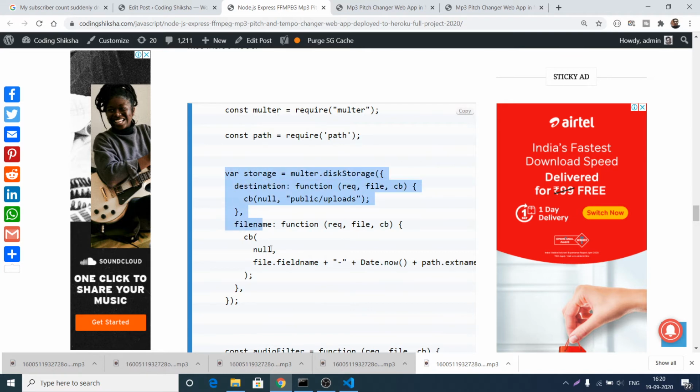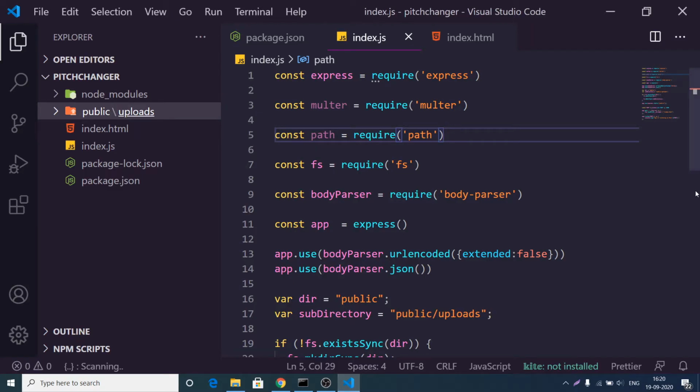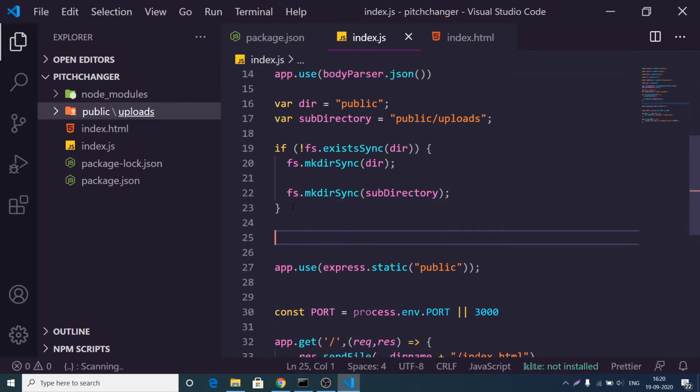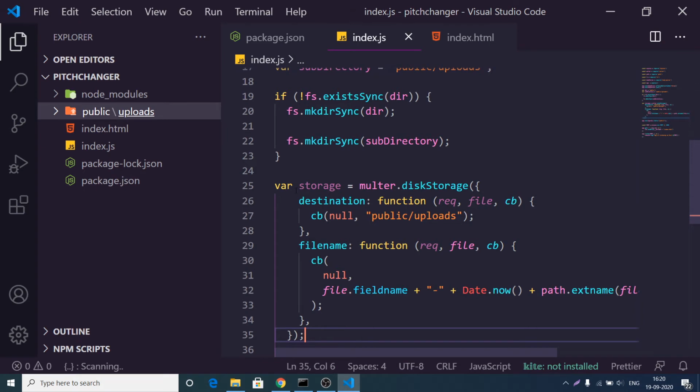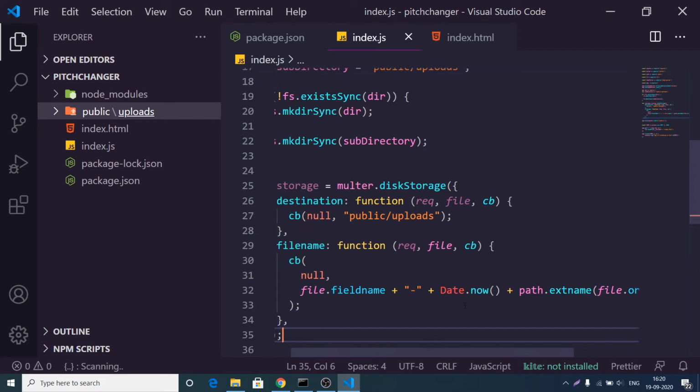So we again need to copy this code. This is the configuration code. So here we tell Multer where we need to store these files. So simply what we can do, we can initialize the storage. It is using the disk storage. First of all, we are telling the destination. So all the files will be stored inside the public folder and inside the uploads folder, and we will give a dynamic name to the file which is uploaded by using the Date.now function.